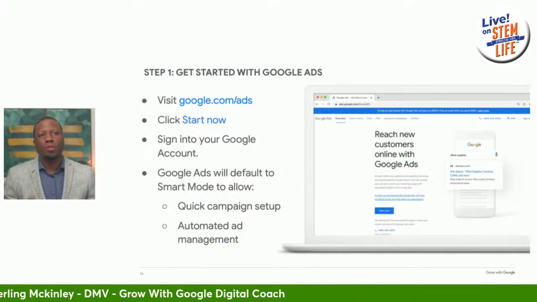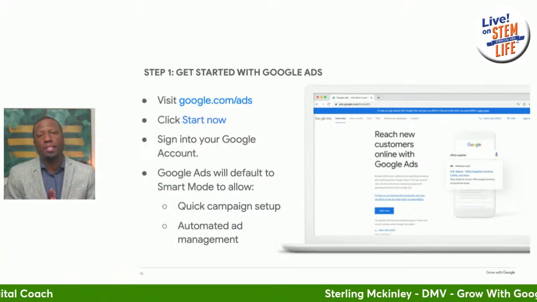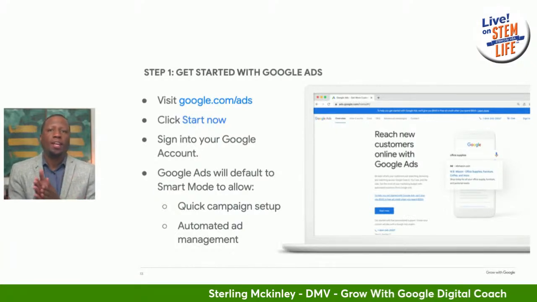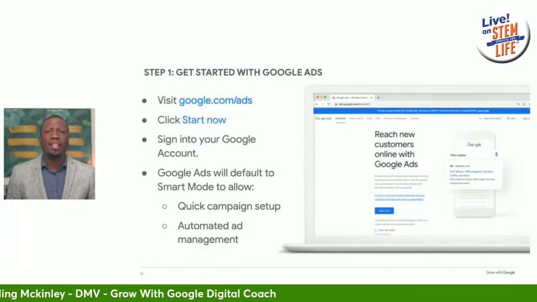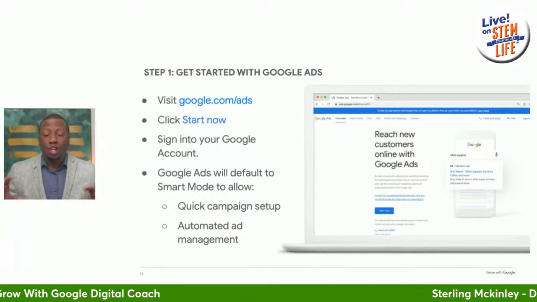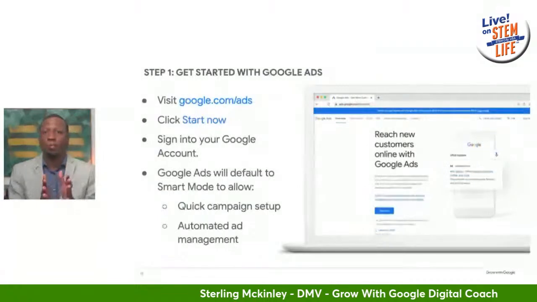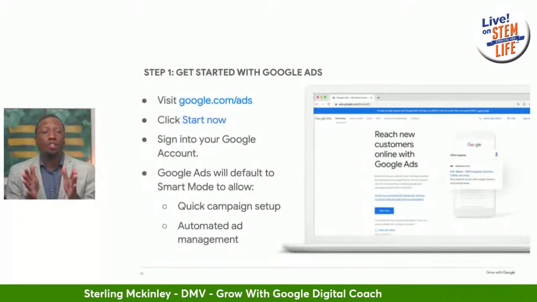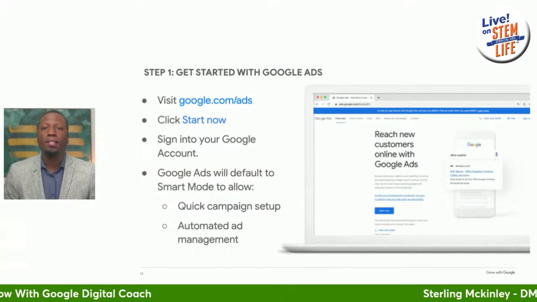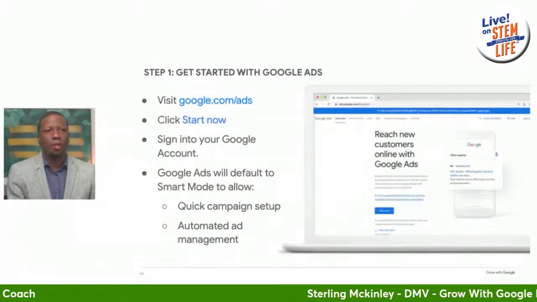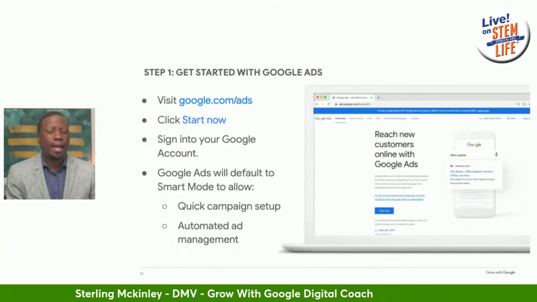And by default, Google Ads will allow you to activate Smart Mode. And Smart Mode is a way that makes Google Ads easier. It allows you to quickly set your campaign up, and also it can automate a lot of the ad management. Once again, Google Ads is amazing, but to a first timer, it can be pretty complex and a little intimidating. So smart campaigns take some of that hard work out of setting up your ad campaign. It makes it a little easier to get started. So I would definitely suggest using a smart campaign if this is your first time setting up an account on